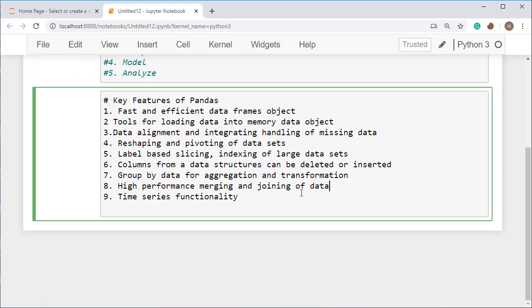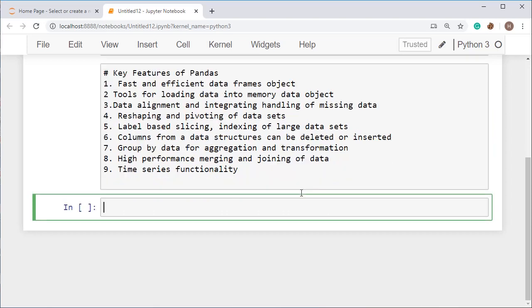Alright. So I am going to start with the first thing, how to go through pandas. First of all, we will be learning about the data structures of pandas. Before that, we will be installing pandas in our system. For that, you just have to use pip install and then write pandas.